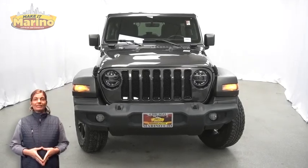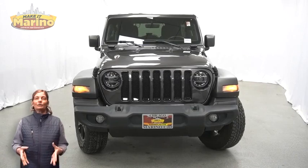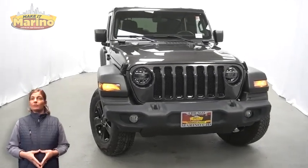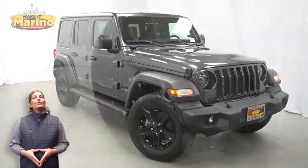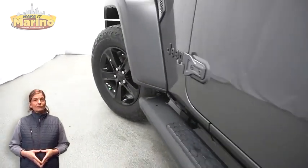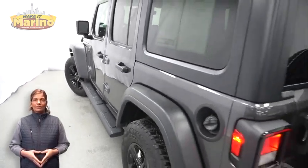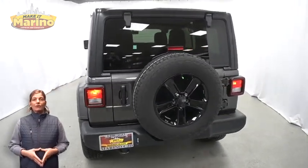Power, performance, capability, and capacity allow you to take this on and off-road as you take on new adventures. Take a look at this 2021 Jeep Wrangler Unlimited Sport Altitude in granite crystal metallic. With LED reflector headlamps, front LED fog lamps, 18-inch aluminum wheels, black tubular side steps by MOPAR, black 3-piece hardtop,